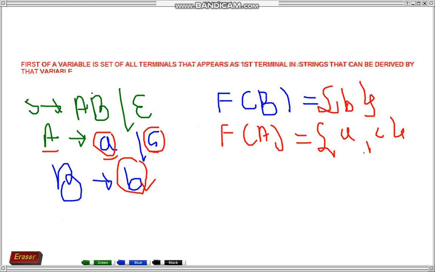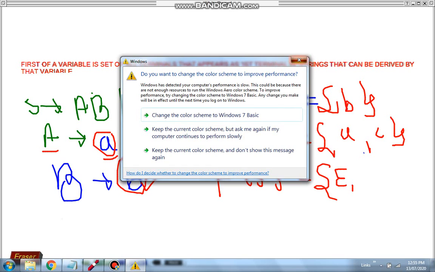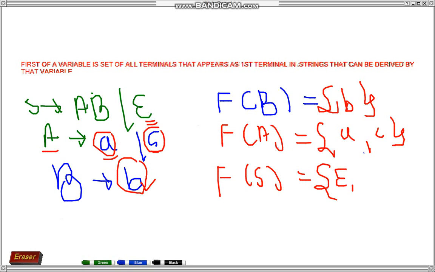Now what would be first of S? Always follow the thumb rule: epsilon is always included in first of S if it can be directly derived by S. So write down epsilon, because epsilon is a null string that is directly derived by S. And next, S would derive AB.